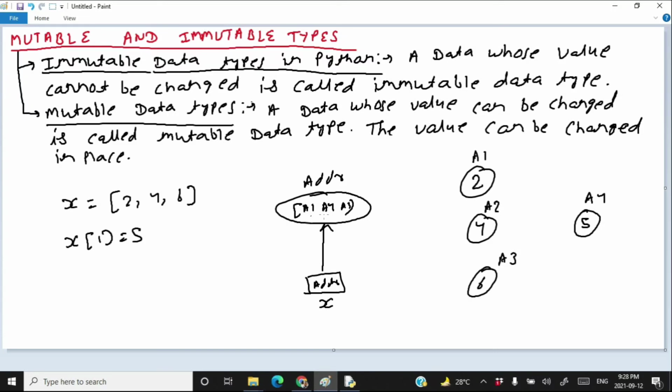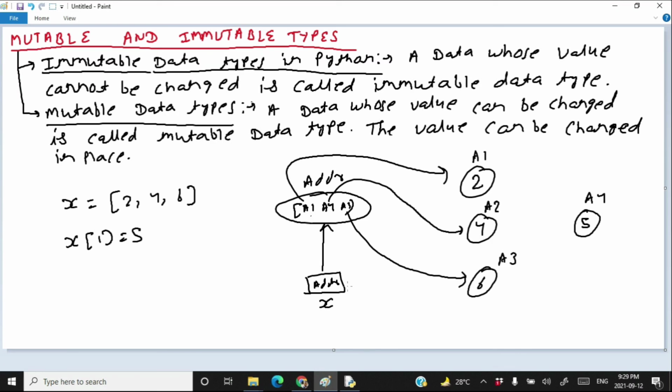If you remember, this was not allowed with the string. This is not allowed with the tuple. We cannot change a particular element of a string object or tuple object, but we can change a particular element of the list object. And now hopefully you can understand how these things are managed internally, how a variable does not store the actual value, but stores the address of the actual value. And when you change the variable, you actually change the address contained by the variable, not the value stored in the variable.